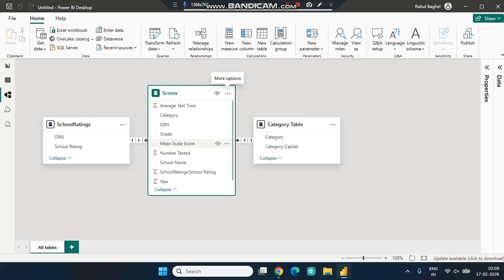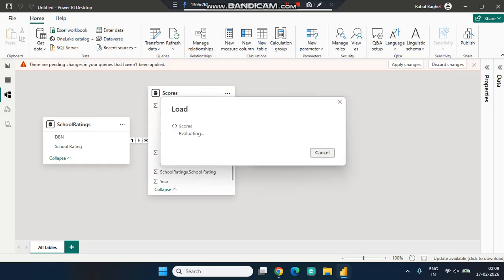Okay, and now I can just see here the category is linked properly. So this is how you basically do the evaluation of your data, how you can copy or paste the data, or else how the data looks like once you are done with the managing of your data